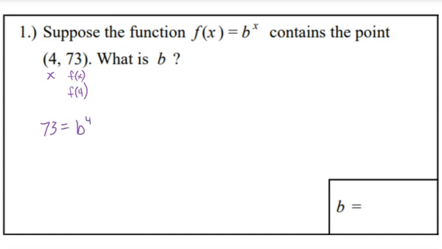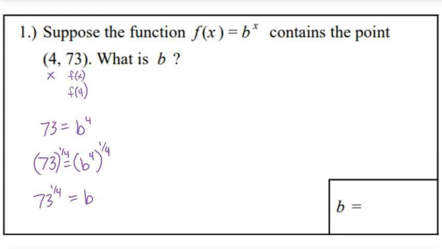This is actually really easy to solve as long as you have a calculator, which I do. We will bring down the 73 equals b to the 4th power. We're going to put both sides in parentheses. And then on the right side, we're going to take it to the 1/4 power so that we can cancel the power of 4. If we put the right side to the 1/4 power, we have to put the left side to the 1/4 power as well. And over here, this cancels. We wind up with b to the 1st power, but we don't write b to the 1st power, we just write b. And then that's going to be equal to 73 to the 1/4 power, which we can now calculate